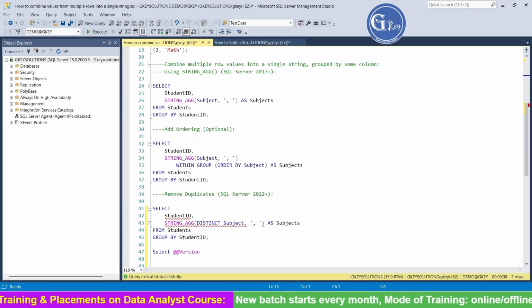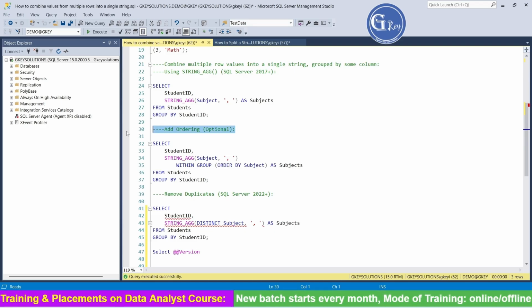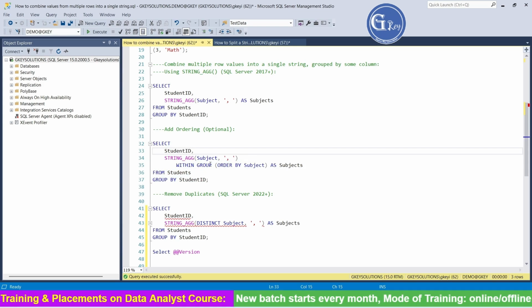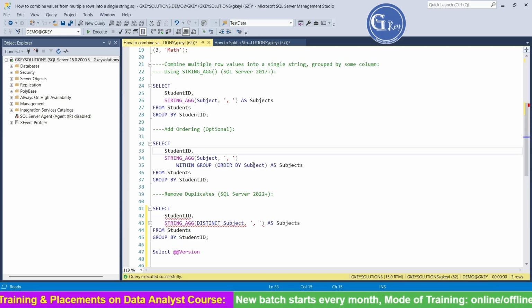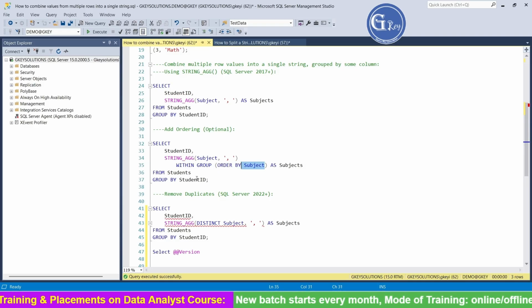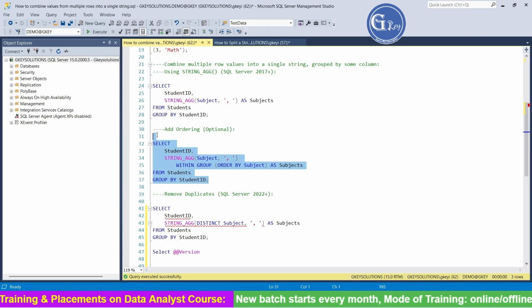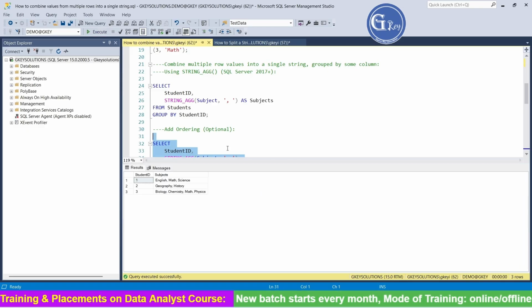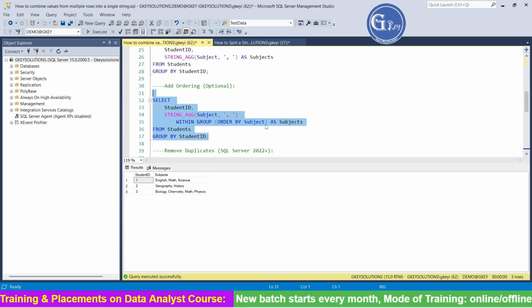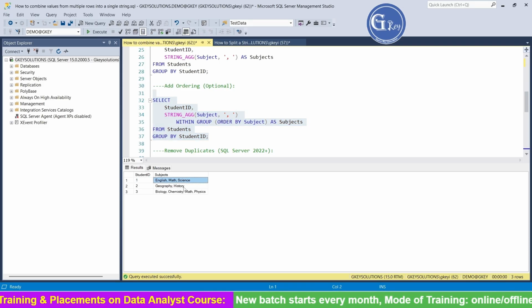And if you want to have ordering, it is optional, you can achieve it by using this query: select student ID, STRING_AGG(subjects, ',') within group (order by subjects) as subjects from students group by student ID. We can order the subjects as well. Let's execute this query. We have executed this query, ordering by subjects. Here let's see, English, maths and science are ordered